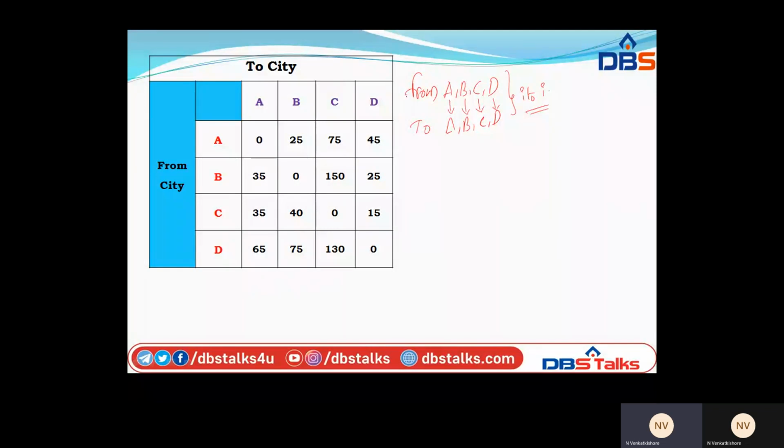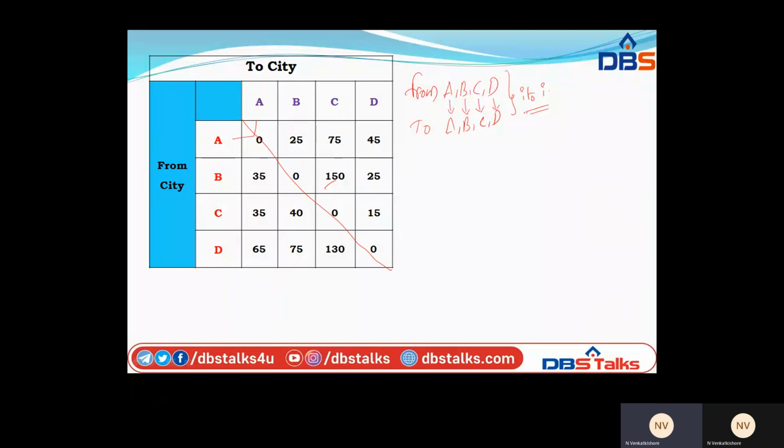Now, in the given problem itself, they may go from A to A. What is the condition here? They have given from A to A, it is 0. From B to B, 0. C to C, 0, and D to D, 0. If you clearly observe this table, the diagonal elements are 0. What does it mean?